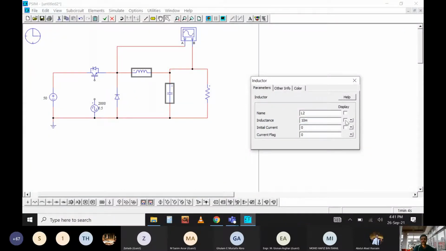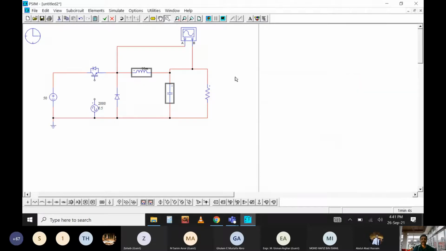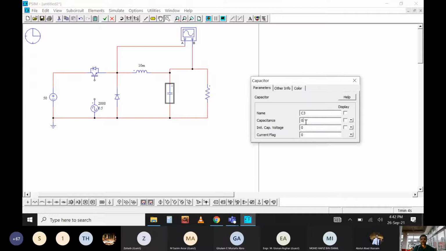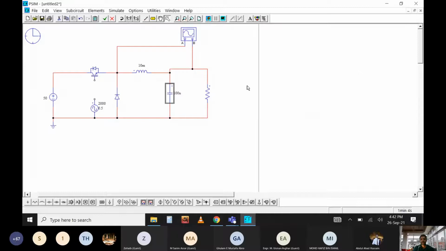I'm just putting in random values; later we can check and balance by trial and error. 10 millihenry, and the capacitor I am going to put as 7 microfarad. Just check how it behaves.